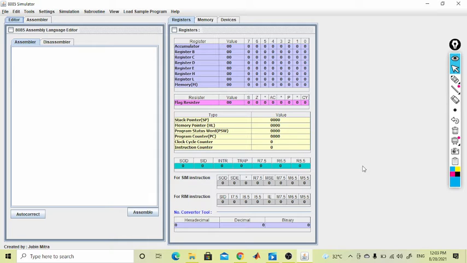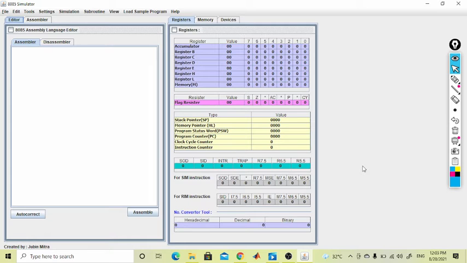Good morning, students. Today we are going to see a simple program for 8-bit division in 8085 microprocessor, and we are doing this program in this simulator so that it will be very easy to understand the 8-bit division process. Okay, so first of all, what is the basic logic behind the division process or the multiplication process?